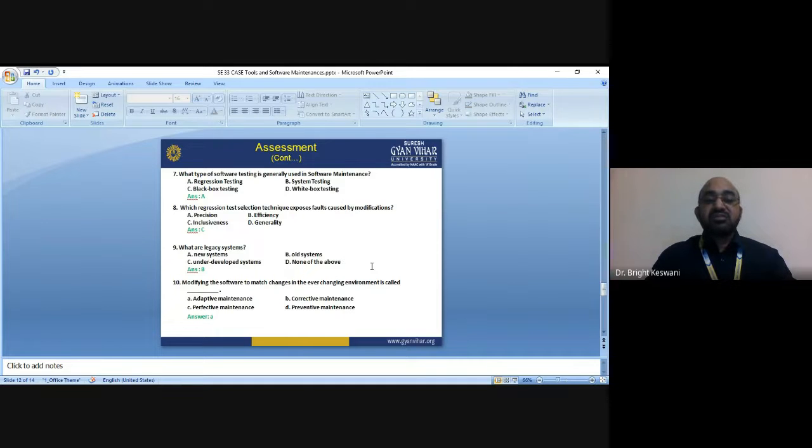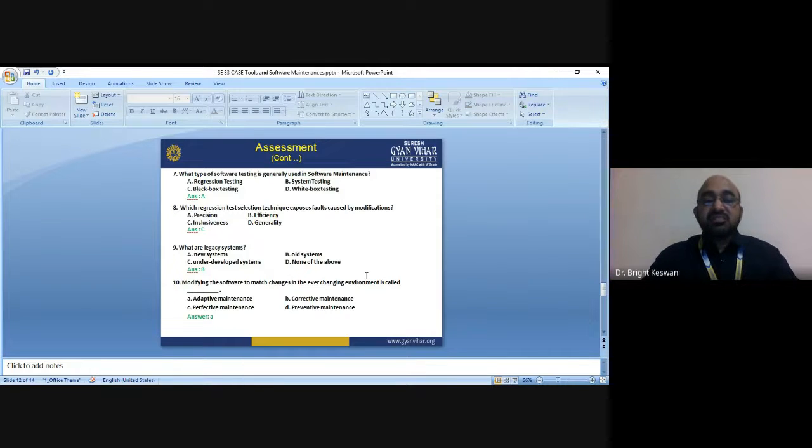What are legacy systems? How do you define a legacy system? Option A is new system. Option B is old system. Option C is underdeveloped system. Or D is none of the above. The legacy systems are old systems.